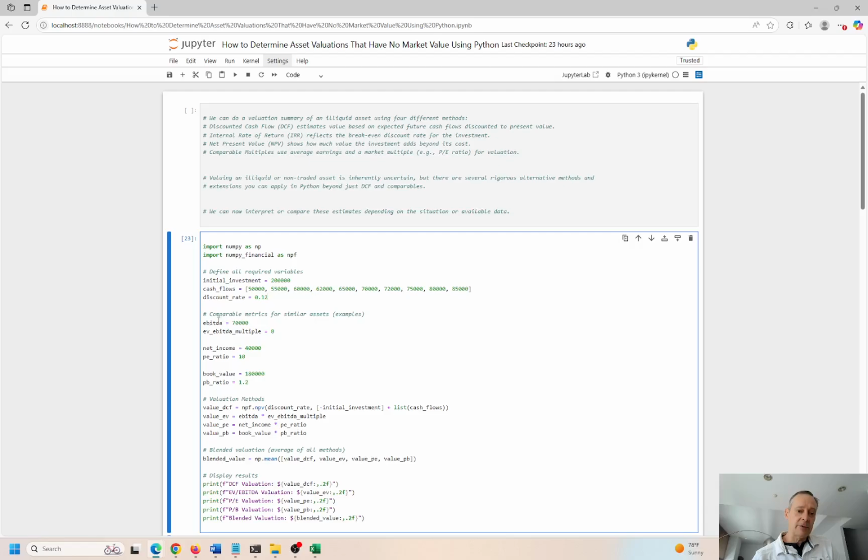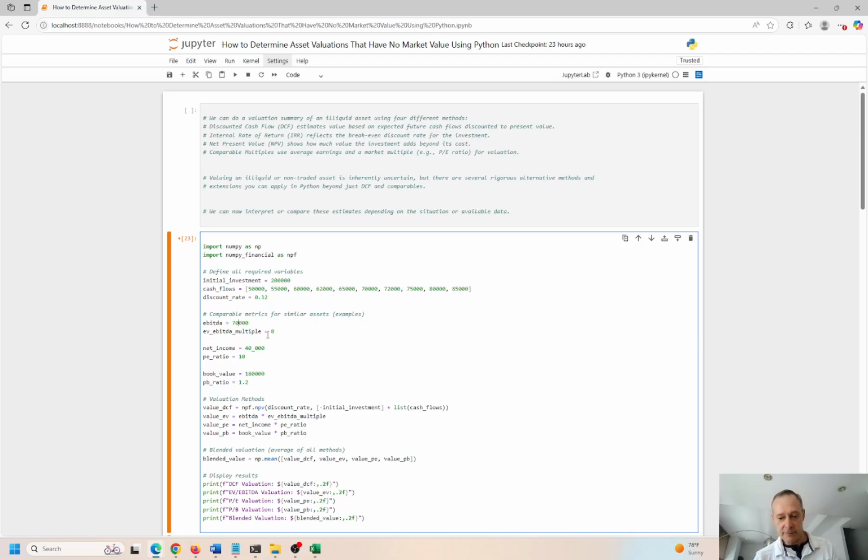So we have EBITDA, which is earnings before interest, tax, depreciation, and amortization. And we have an EBITDA multiple of 8. Net income, and this assumption is $40,000, okay? And the PE ratio, for these bigger numbers too, you can use an underscore, and it's like the same thing, because you can't have commas in here, right? If you try to put in a comma, it makes it easier to read. Whoops, that's an apostrophe. But the machine is not going to know what a comma is.